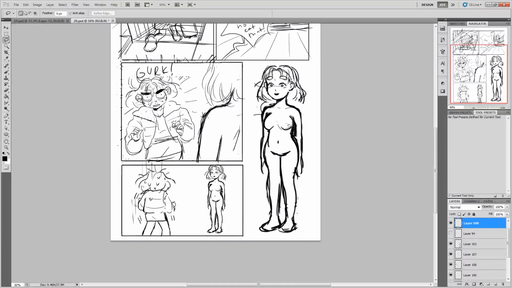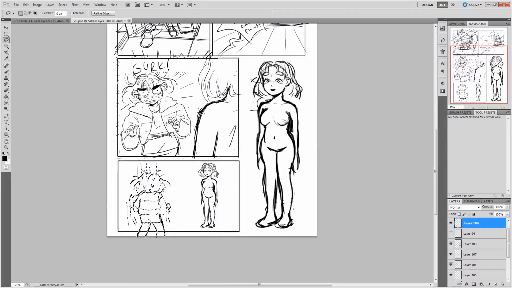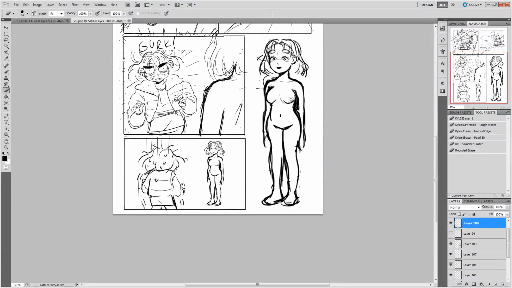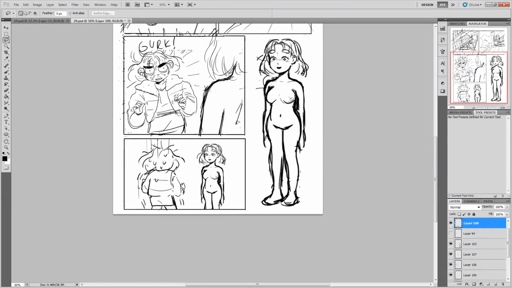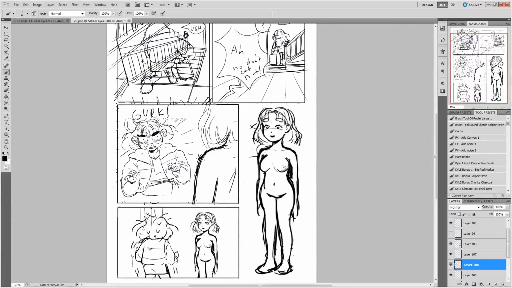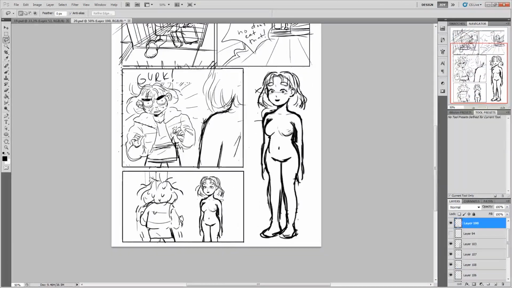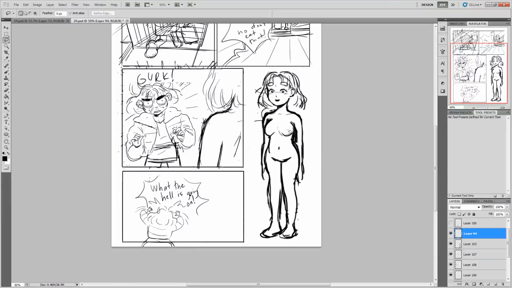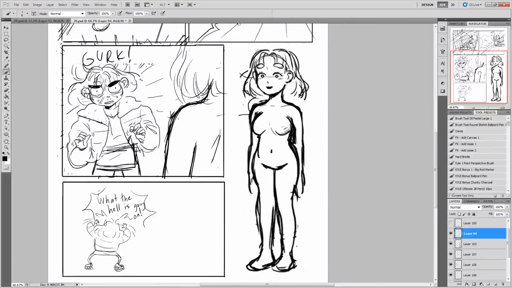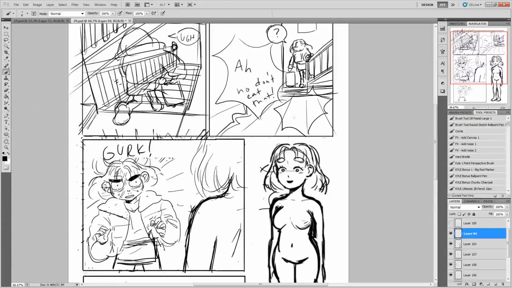I'm just using a regular Photoshop brush. I got a comment in the last comic video about possibly getting Clip Studio Paint, and I have been thinking about switching over just because Adobe is doing all these shenanigans with their subscription service. I actually have a very, very old version of Adobe Photoshop. I think I have Photoshop CS5 is what I'm using at this time, so it's not updated. I don't actually have it connected to the cloud,